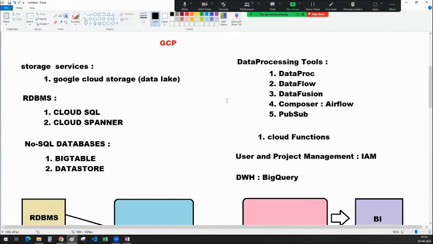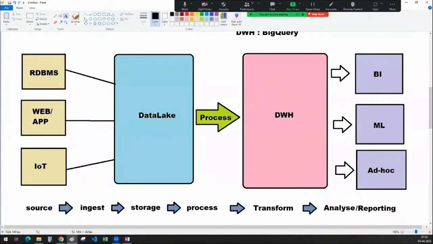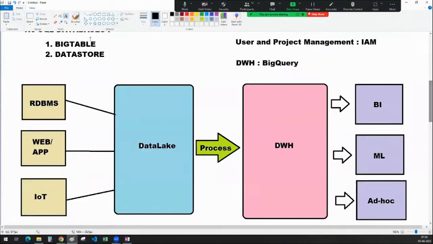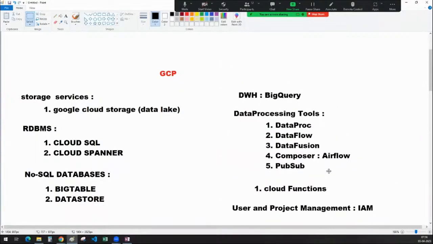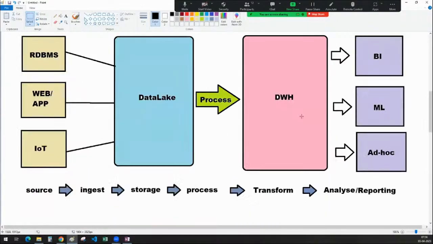What is BigQuery, guys? BigQuery is a modern data warehouse. It is acting as a data warehouse in the GCP. So this is also one more important thing that I actually forgot to mention earlier. This is a very important tool, comparatively. So this is all about the data warehouse,